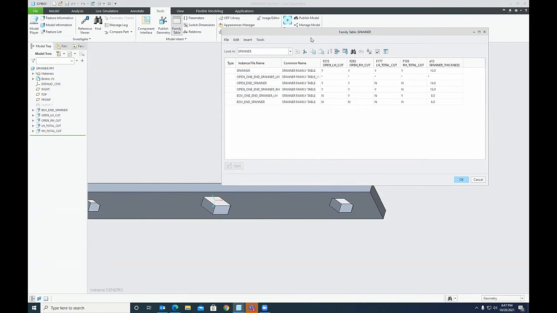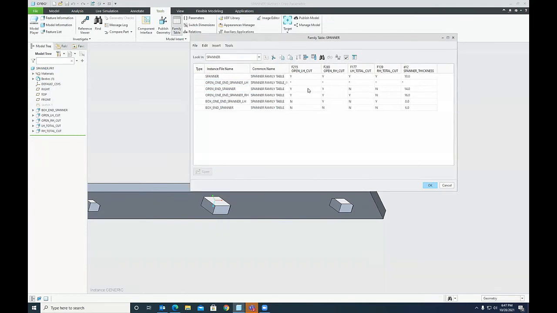Since it is an LH side open one end, the LH cut should be present, and the RH cut should also be present, but on RH I am also applying the total cut, and the LH total cut is not present. And then the spanner thickness I can choose as per my choice.